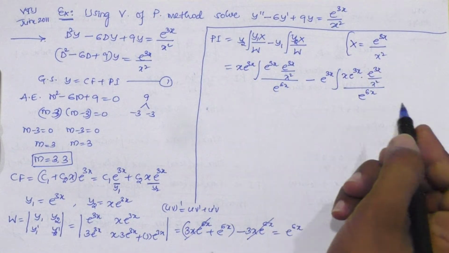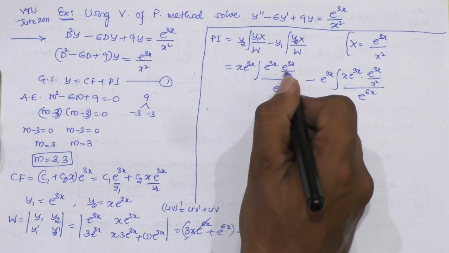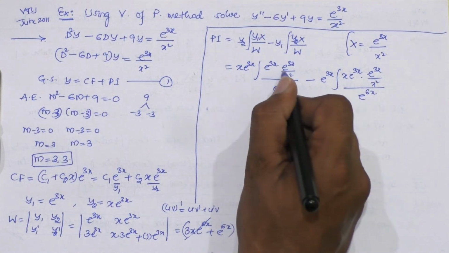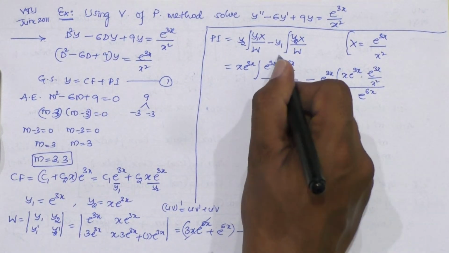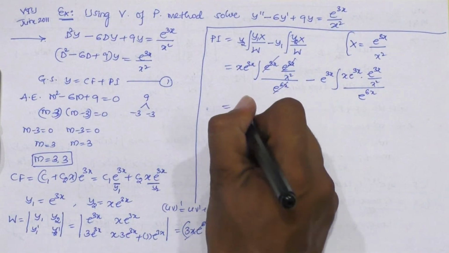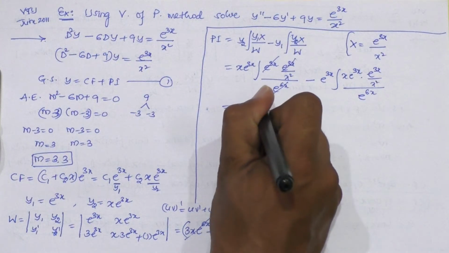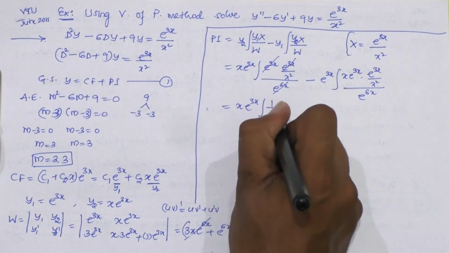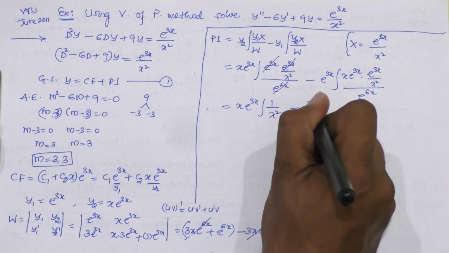Now simplify these two integrals. In the first, the product of e raised to 3x terms is e raised to 6x divided by e raised to 6x, so this cancels. Then we get x e raised to 3x into integration of 1 by x square, minus e raised to 3x into integration of